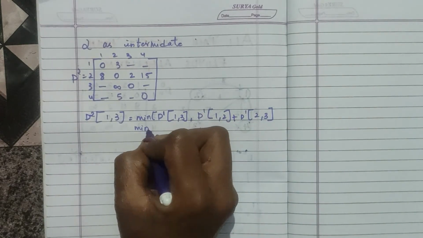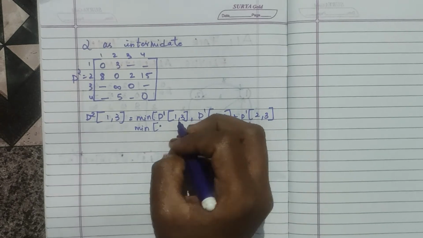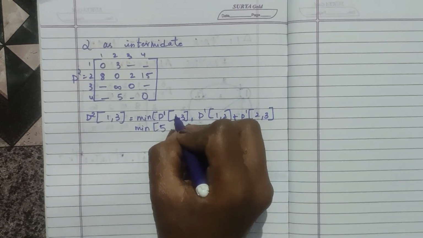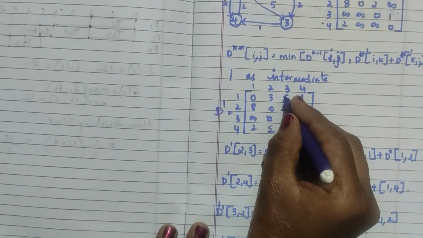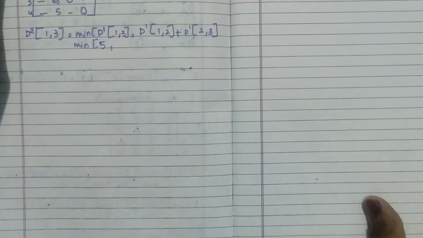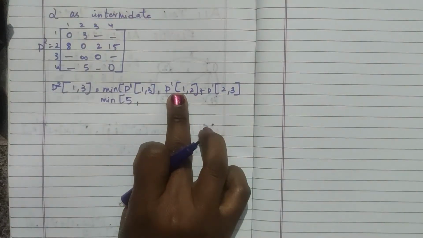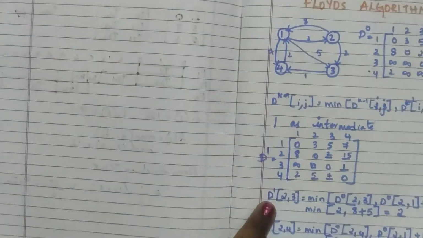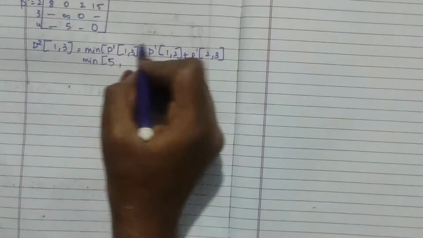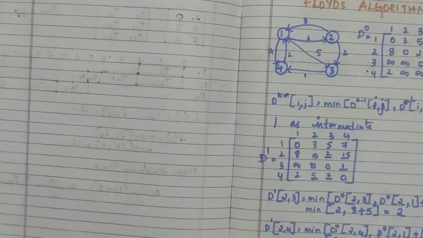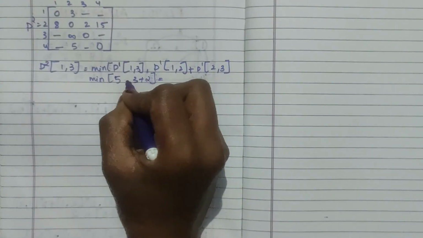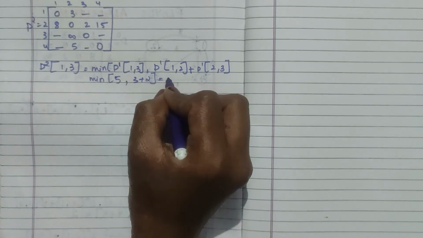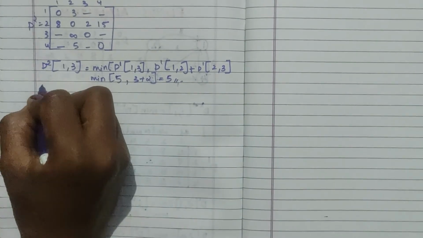So now let's find out the value for this. So here it is 5. How did I get this value? I have to see the D1's table. So in D1's table 1 comma 3, here if you see 1 comma 3, the value is 5, and 1 comma 4, the value is 7. So now here what I have to see is 1 comma 2, 3 plus 2 comma 3, 2 is 2. So right here. Now if you see here, both are minimum, 5 and 5. Let's write the minimum value and find out for the next.